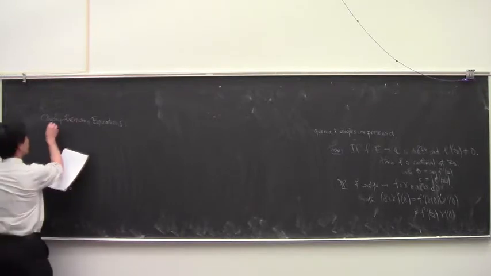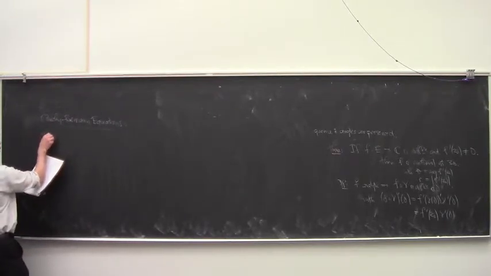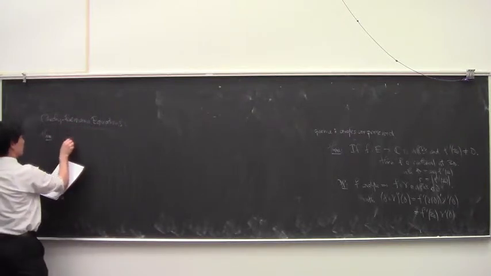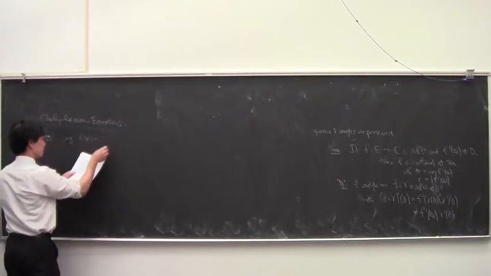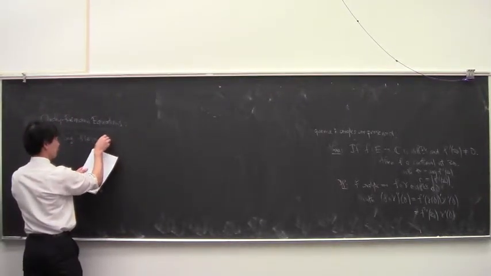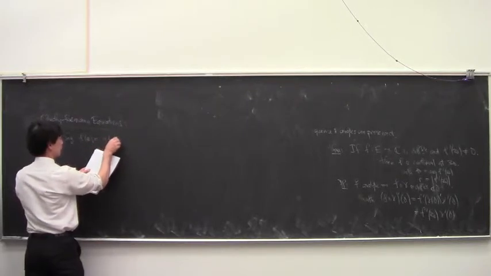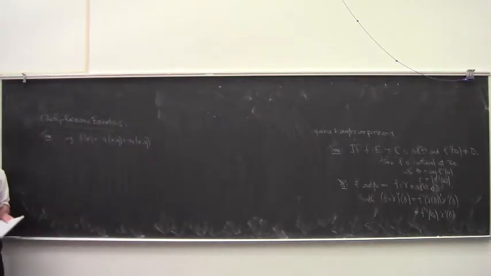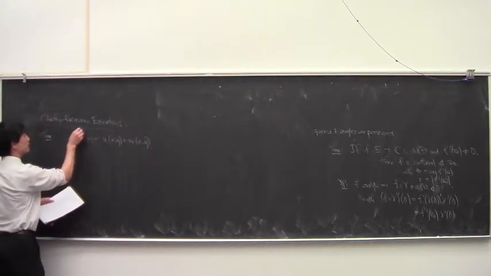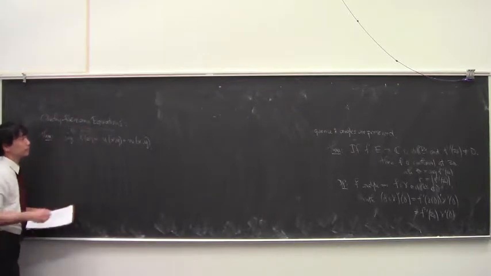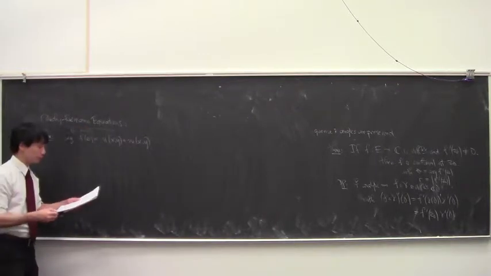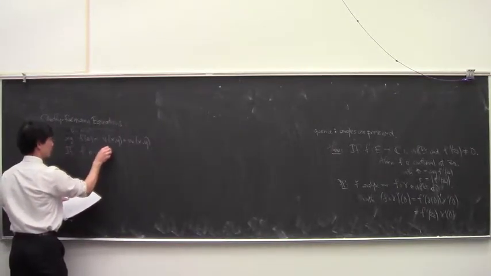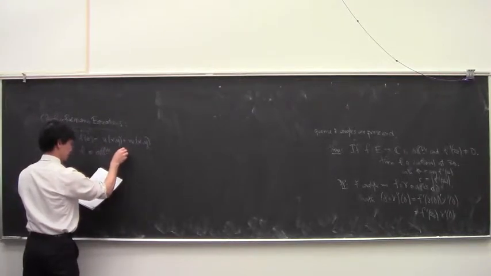Okay, so here's the important theorem. You have some function. Let's say f is some complex function. f of z is u of x, y plus i v of x, y. Right, z is x plus i y. So if f is differentiable at z naught,